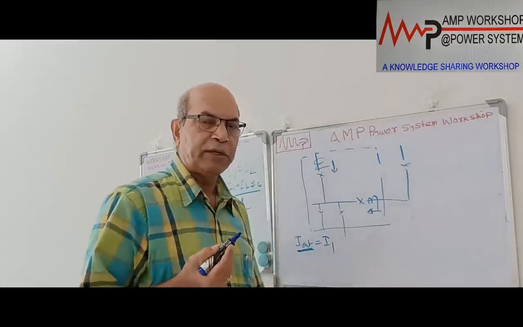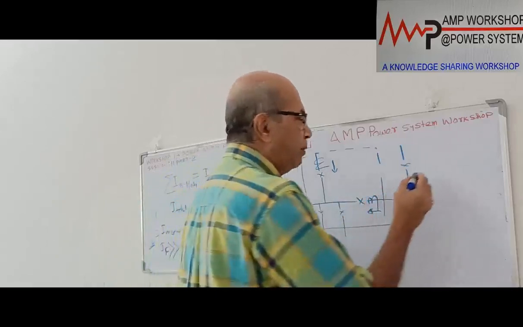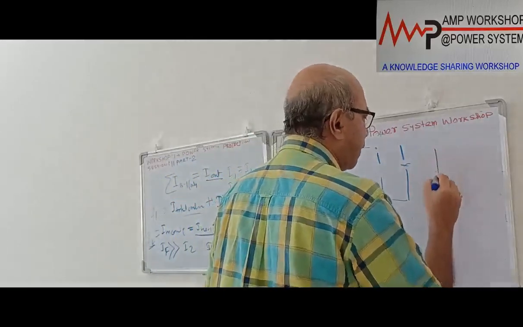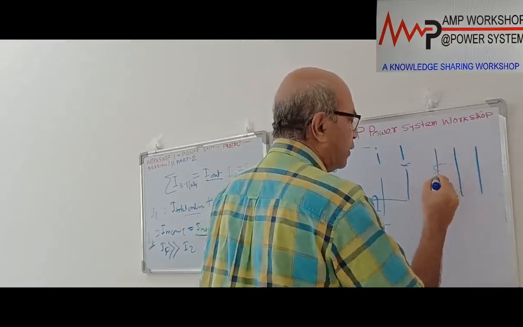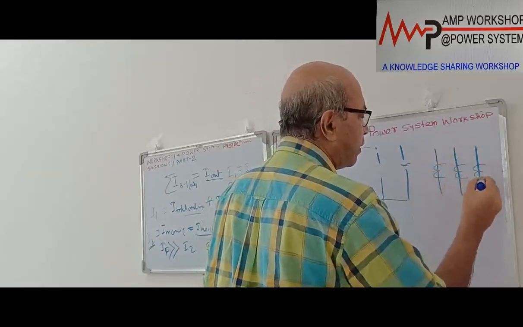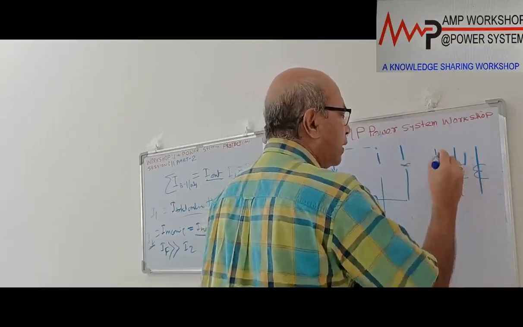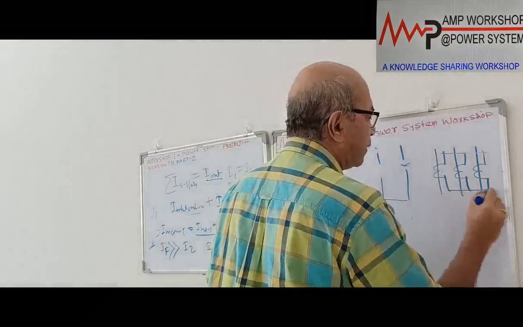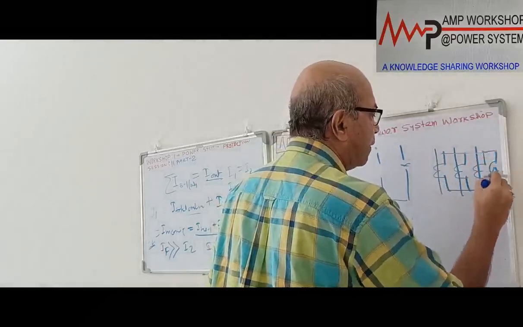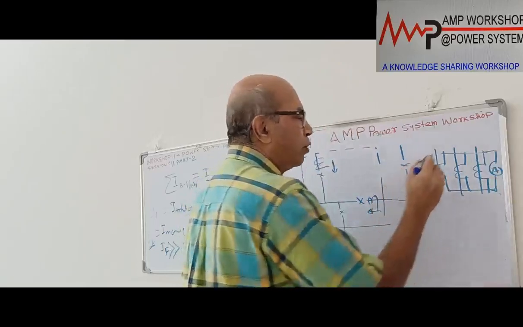We have to sum it, so we know how to sum the current. During summation, we use the summation CT. Summation CT means all the CTs will be connected in parallel. Suppose these are three conductors carrying current. Suppose there is one CT over here, one CT over here, one CT over here. How do we sum this? We connect all the CTs in parallel. If you connect the ammeter over here, what will it show?